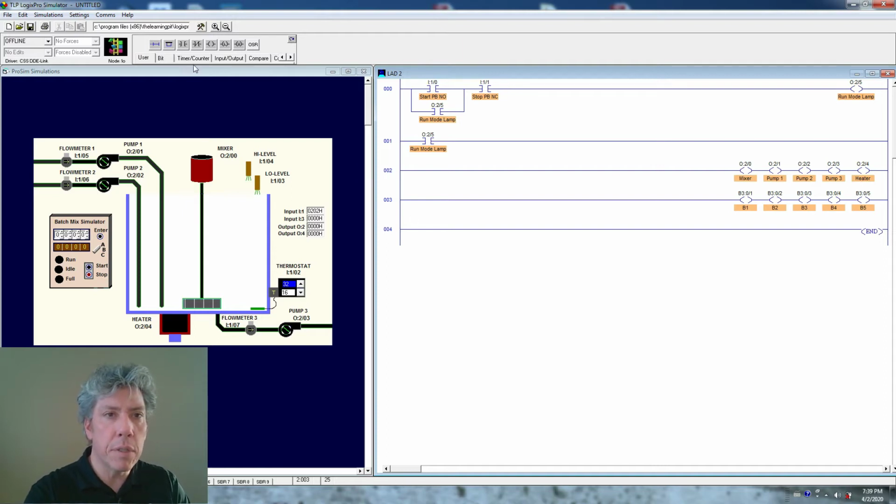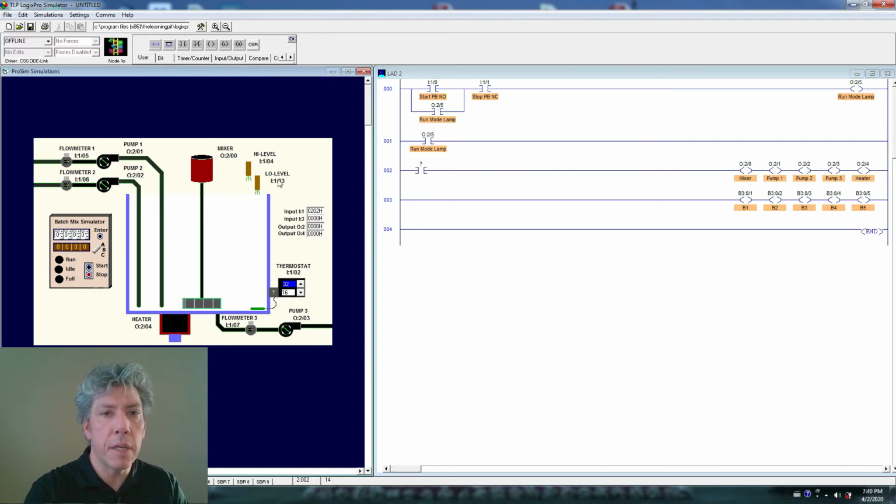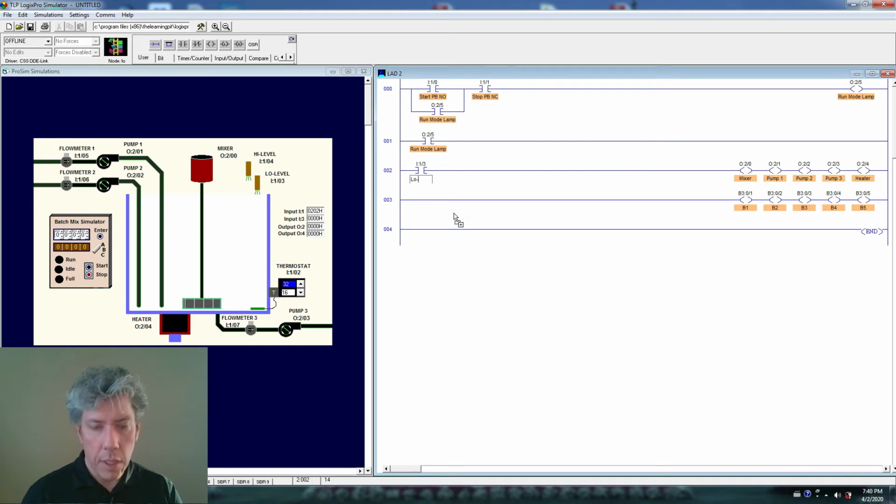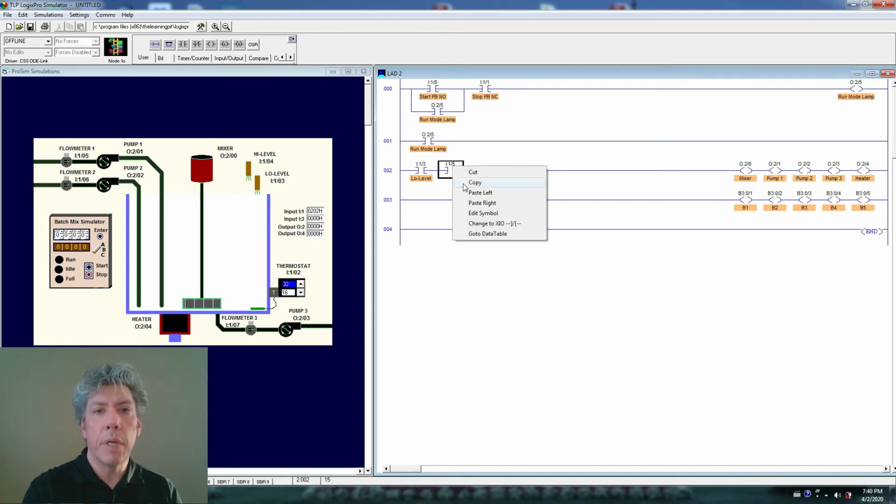So I just wanted to name these quickly. I think I've got most of the sensors. Maybe not. This is not code that I'm writing. I'm just putting stuff in here so that I can keep track of everything. Let's name this low level. So that's our low level switch. We'll just leave it low level, that's fine. Let's see, we've got a couple of flow meters as well. I want to keep track of those. So I guess that would be, for example, I:1/5, and that would be